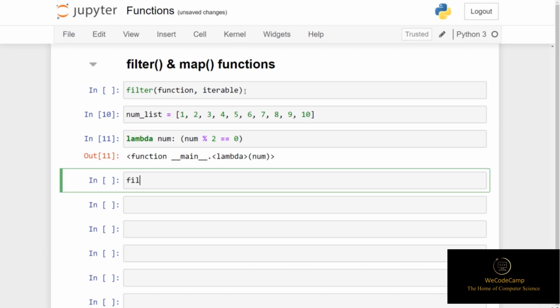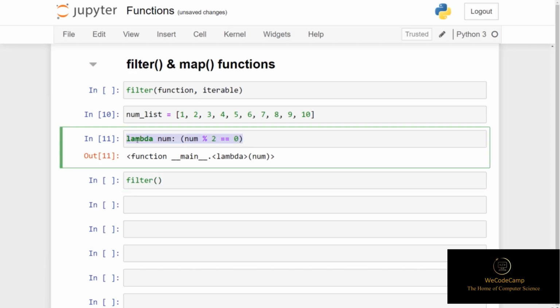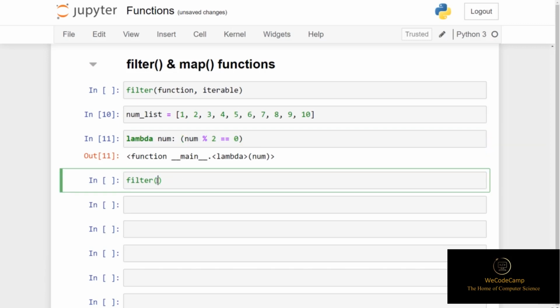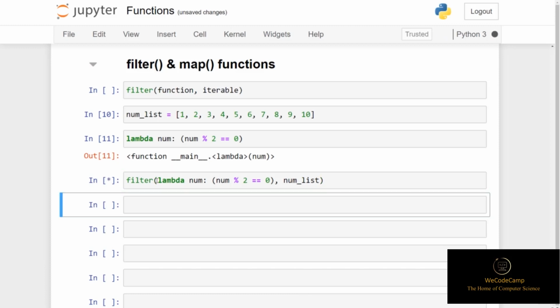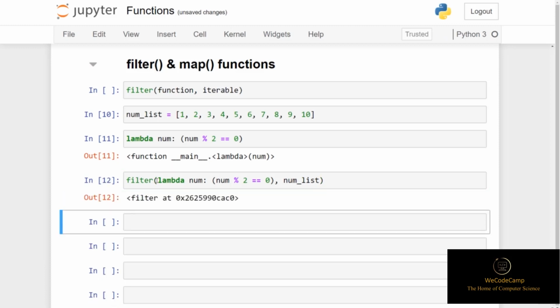So if I put filter and then open a set of brackets, I can copy and paste my function code and place it as my first parameter. I can then put a comma, and the second parameter I can include my iterable, so I can simply type num_list. Now if we run this line of code, you'll see that we bring back a filter object with its